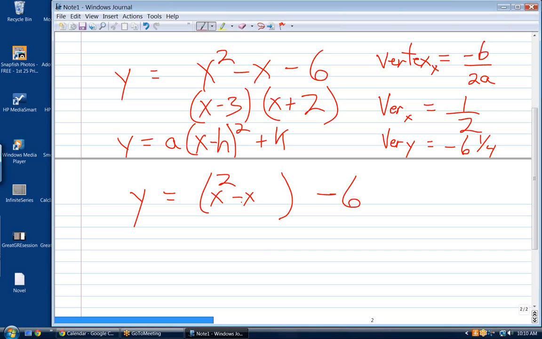Take the coefficient of the x term, divide it in half, and square it. Coefficient: 1 divided by 2 is a half, squared is a fourth. And since I've added a fourth, I have to subtract a fourth to balance things out from the same side